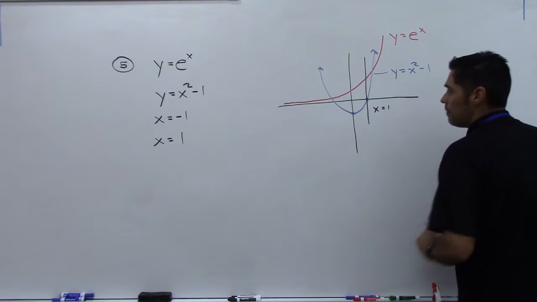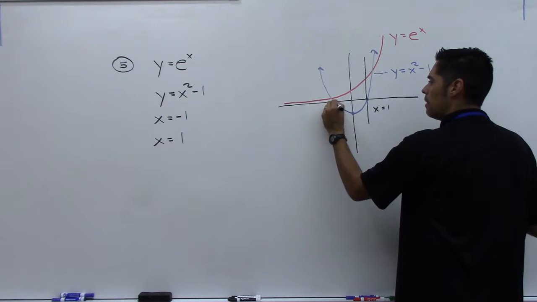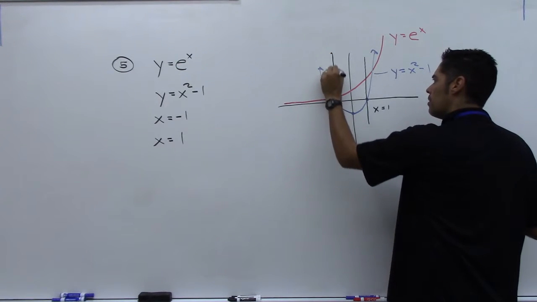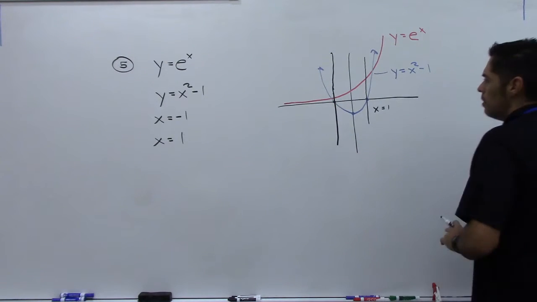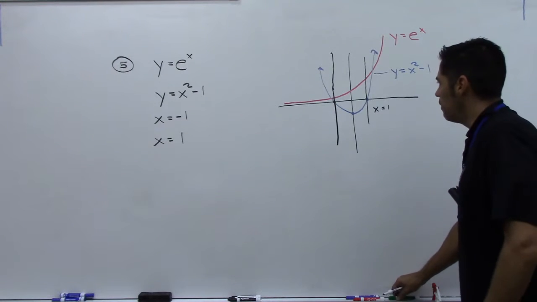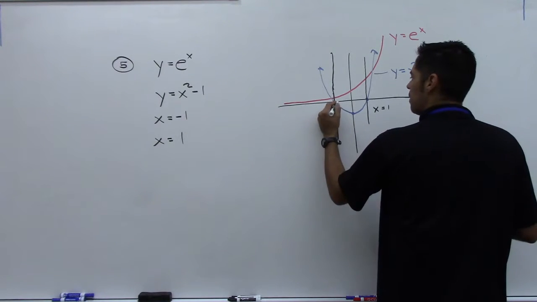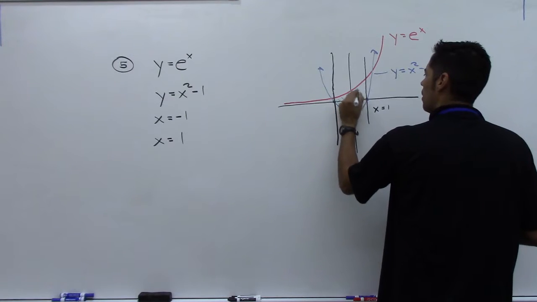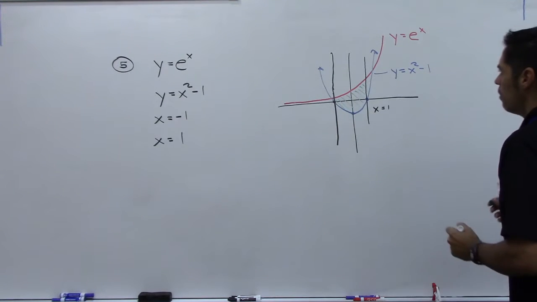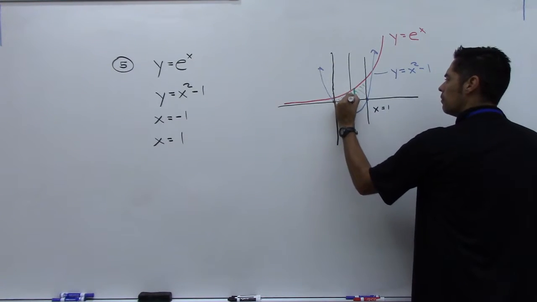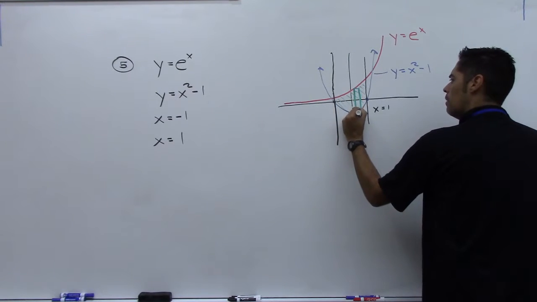And then x equals negative 1 is there, and that goes like this also. So the region bounded by all of the curves is this region in here. And you can see that if I draw a vertical rectangle, then